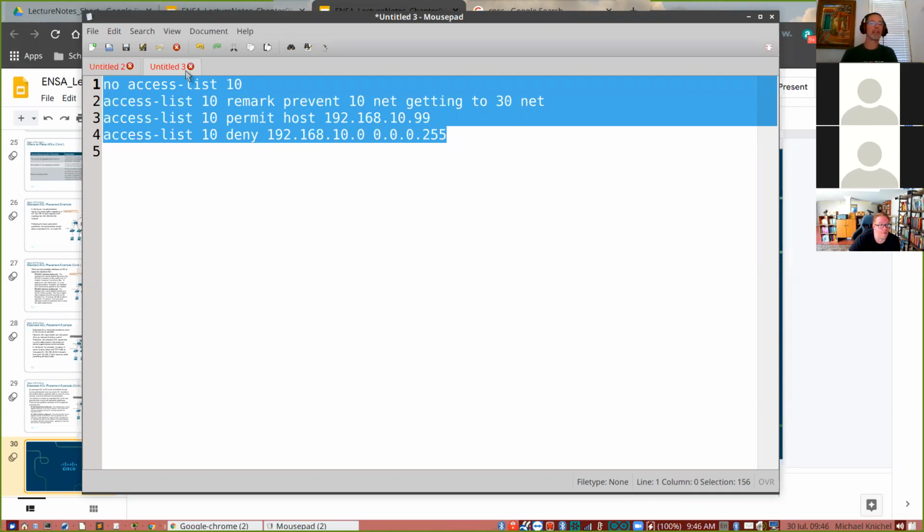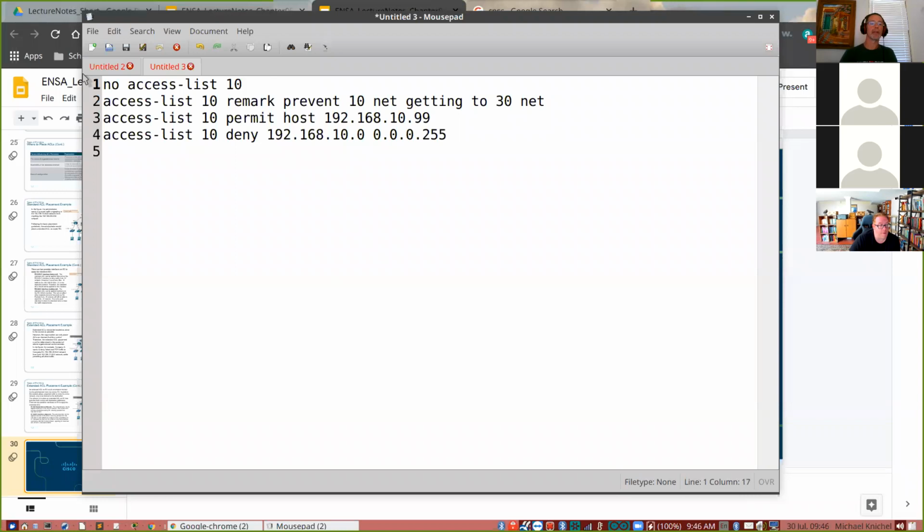It removes the old list and puts a new one in just like that. So in my ACL text files, I always have a no statement before I define the actual list, because then I can paste the whole thing in one fell swoop. And here's the interesting thing.